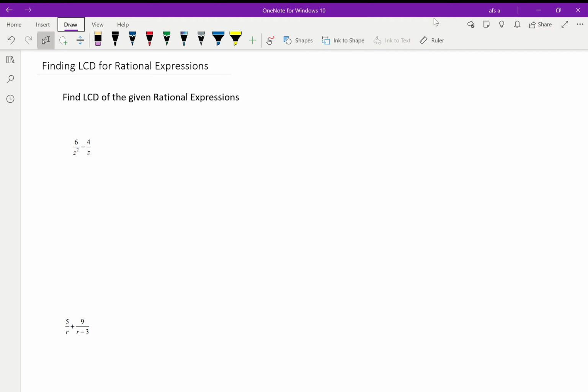prime factorization method. So to start off with, let's take two numbers and see how we can find the least common denominator of two given numbers. So let's say my two numbers are 21 and 15, and I need to find the LCM or LCD using prime factorization. As always, because we're doing it with prime factorization, the very first thing we'll do is take each one of our numbers, 21 and 15, and break them down into their prime factors. So in this case, we get 3 times 7 for 21, and for 15, we get 3 times